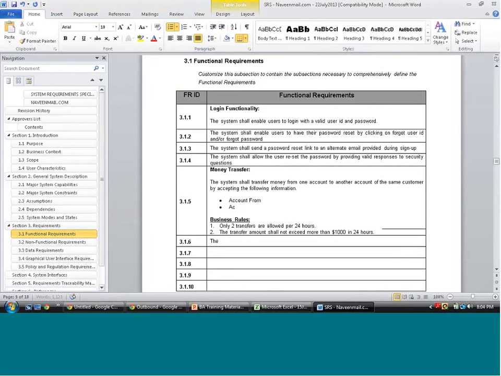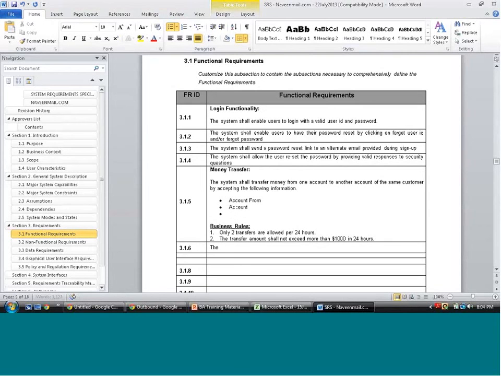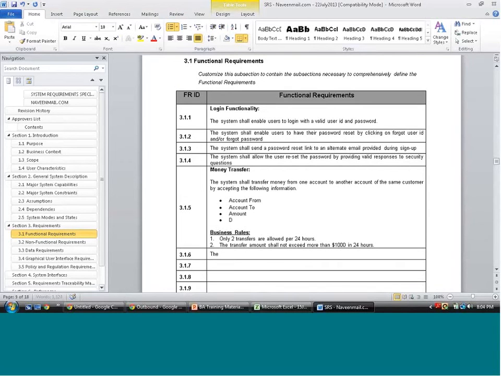Account from, account to, amount, date of transfer, right? And then the system shall transfer money from one account to another account